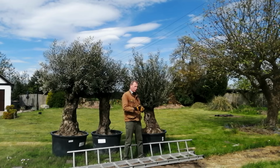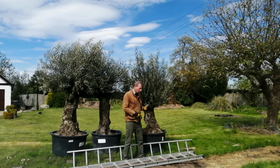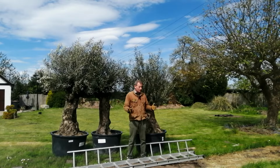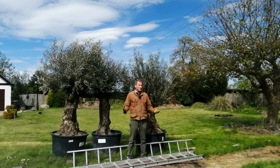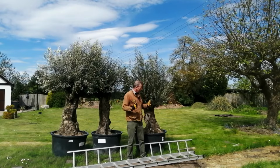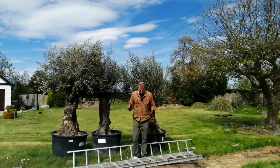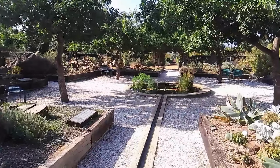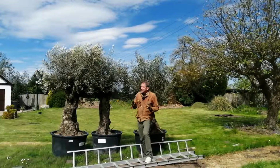It's not just going to be an olive grove, it's also going to have citrus plants in. Now, the olives can stay out all winter, the citrus plants will have to go indoors, but it's a lovely south-facing sunny place this. You can see the sun's in my eyes, so it's perfect for these olives. There's also going to be a rill, a path and 2 bridges,